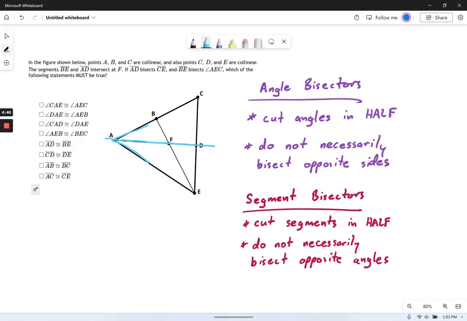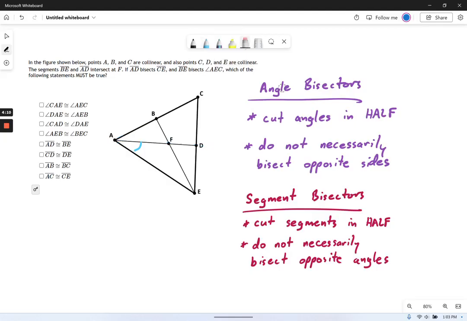What that means is only this. It means this angle is equal to that angle. It got cut into two equal parts. It means nothing else. It does not, for example, tell you anything about how this side relates to this side. Okay? There are cases where you can make a further conclusion about that, but if all you know is that an angle is bisected, then all it's saying is that it's two equal half angles, right?